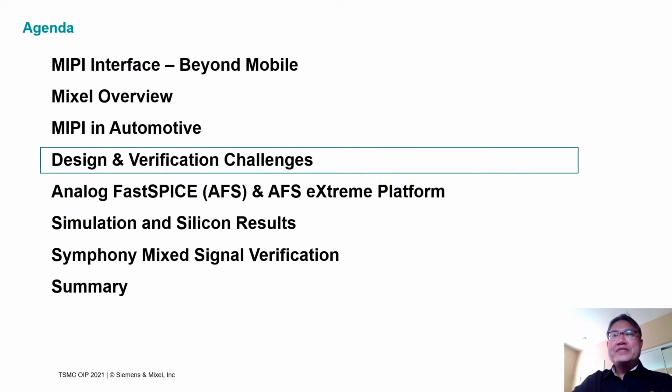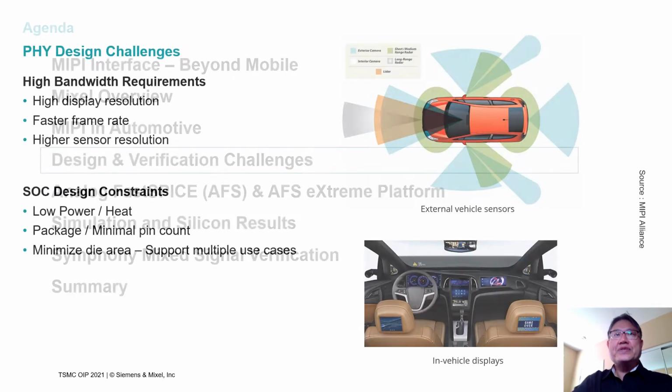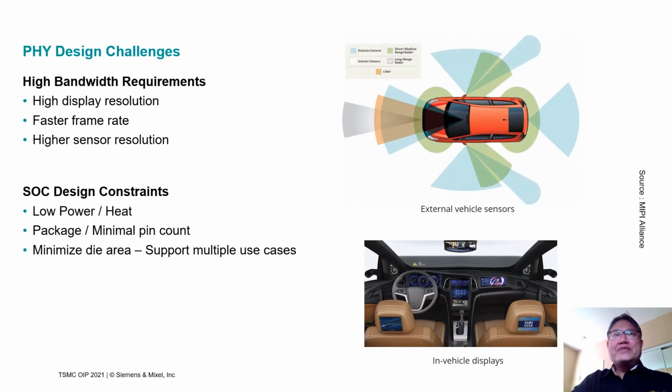Now let us review design and verification challenges. Higher display and sensor resolution and faster frame rates continue to lead to higher PHY data rate requirements. Higher data rate requirements entail additional design complexity like advanced equalization, calibration, and link training. Due to limited thermal design power budget, it is extremely important to continue to improve power efficiency of the PHY while extending PHY bandwidth. Minimizing pin count and die area is also crucial for reducing the cost of the SoC and reducing